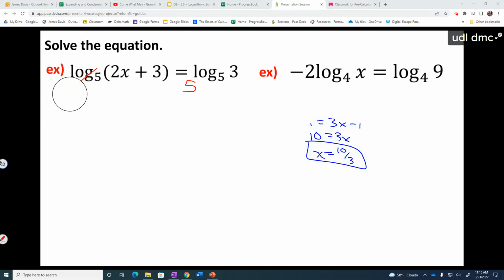Caleb, what were you gonna say? Could you split the first one into log 5 2x plus log 5 3? Okay, you could actually do that. I don't know that you'd want to, actually, sorry, no, you can't do that. You'd have to have it 2x times 3, and then you could split it into the plus. But that's a good thought. So we're essentially going to do what Jason was saying, where you do 5 to both sides,